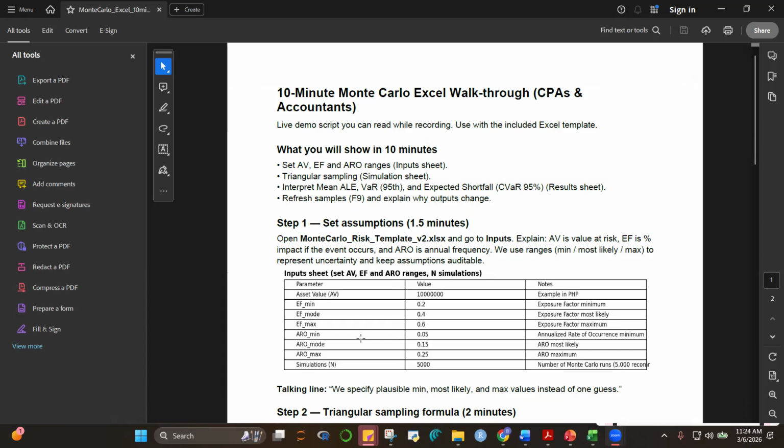Of course, you multiply it by a certain factor. So we'll have triangular sampling, and then we'll be able to compute now the mean of the distribution of our losses, then compute for the VaR and also for the CVaR. And then we're going to press F9 so that it will keep on recalculating.